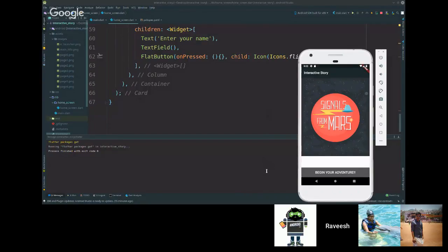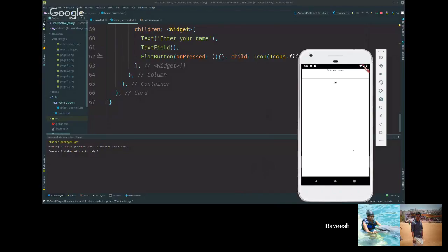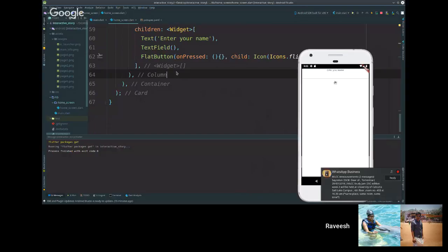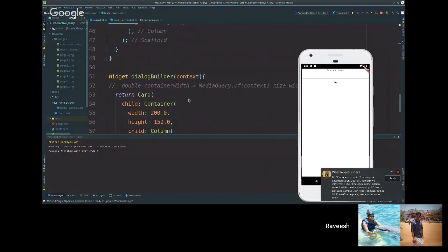Let's see if we can do something about this. We don't want it to cover the entire screen, definitely. So what we can do about this is, the dialog builder will definitely take a build context,